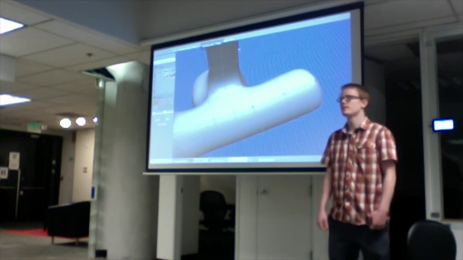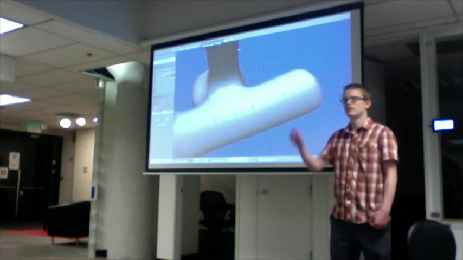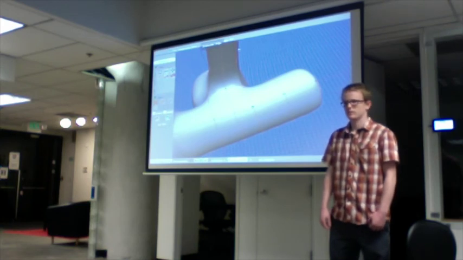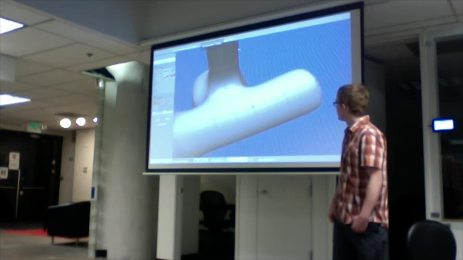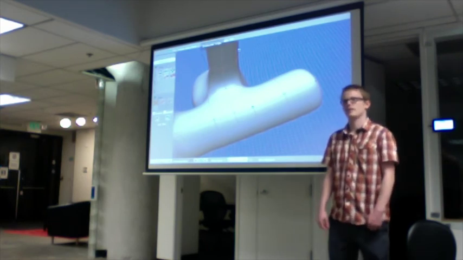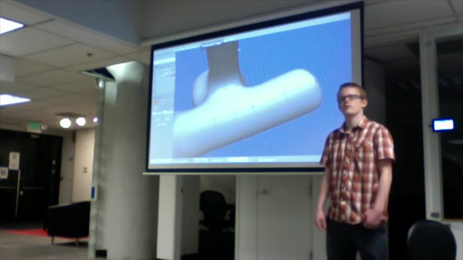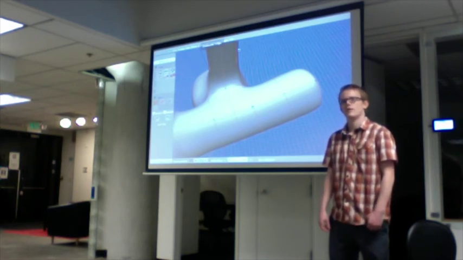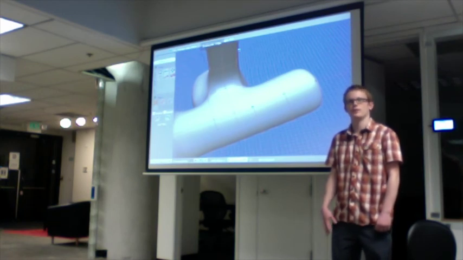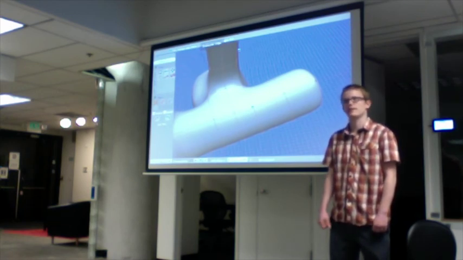Any other questions? Are those divided 32 by 32? Are they 1024 bases per patch? Let me think. It's not a power of 2. They are baked into a texture, and that texture is a power of 2, but the patch tessellation isn't limited to a power of 2, which is nice.